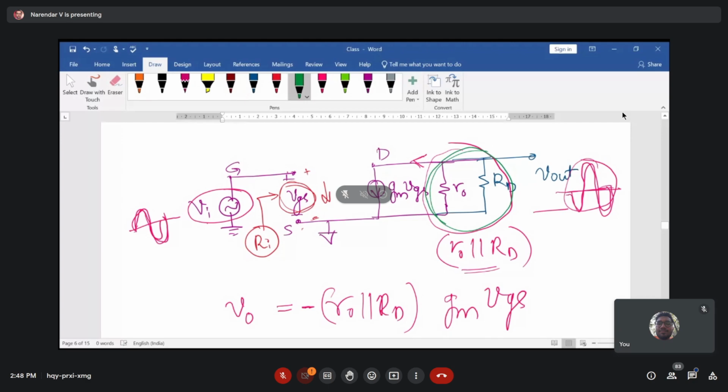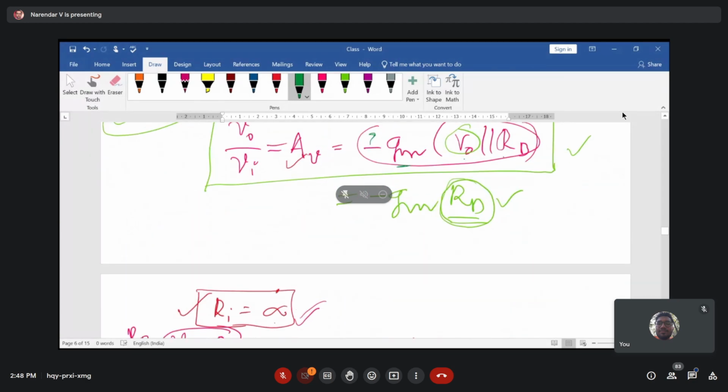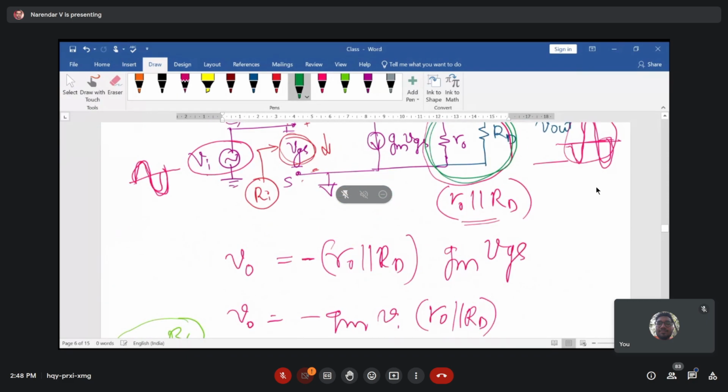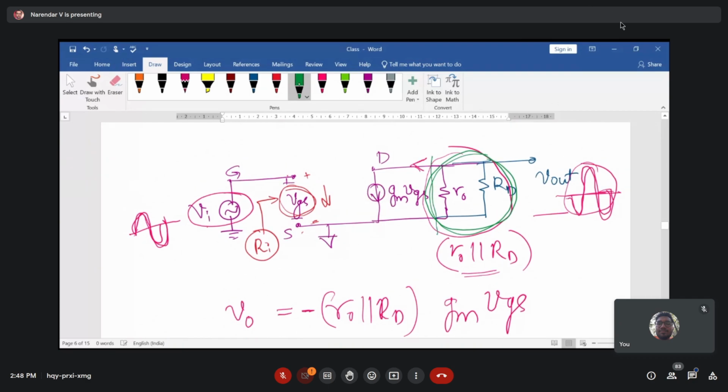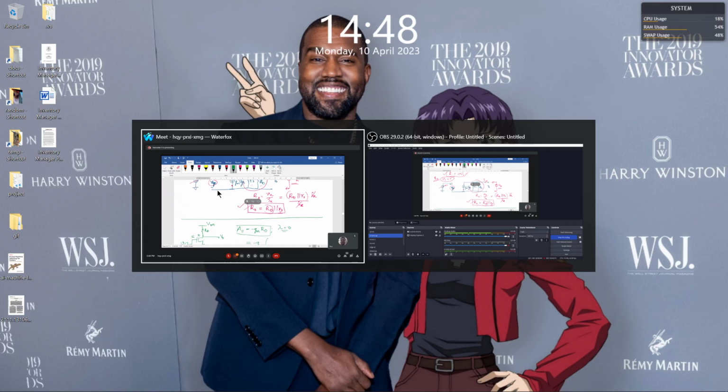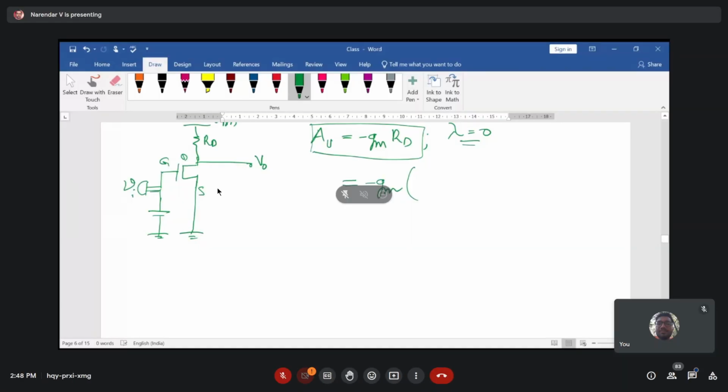So this configuration gives us something intuitive. What you can comment is that the gain of an amplifier with resistive load is equivalent to minus GM times the total resistance presented at the drain terminal. So the total resistance presented here multiplied with minus GM will give you the gain of an amplifier. That is what we are trying to write here. What we'll write is minus GM times the total resistance